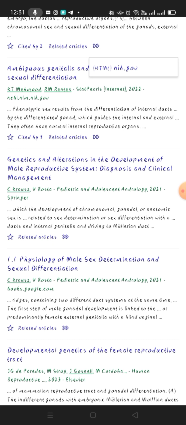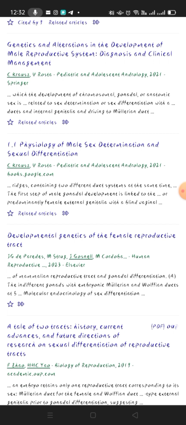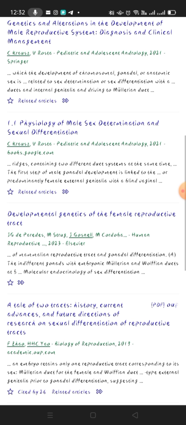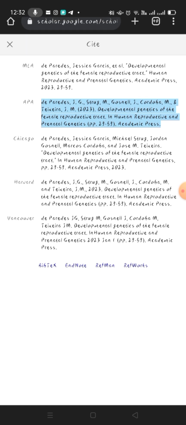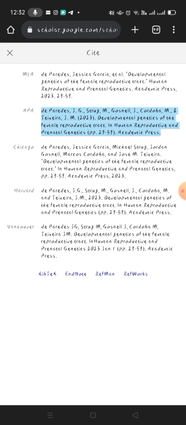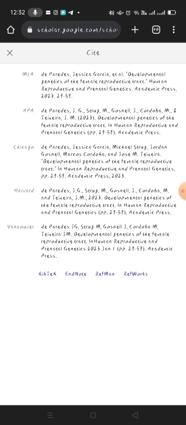You can see male sex determination. That is not what you are looking for. You can see development genetics of female reproductive tract. This is most likely what you are looking for. So instead of that, I can just copy this. No one has even cited this, but you must look out to confirm that all the contents you want to cite are located in that source, so that you don't make blunders. So I will assume that I discovered that there were some contents inside this,